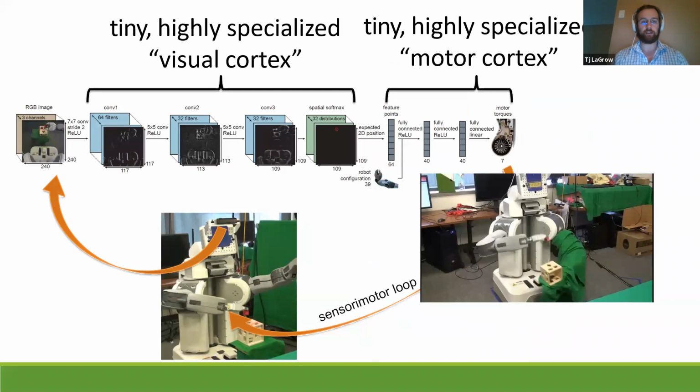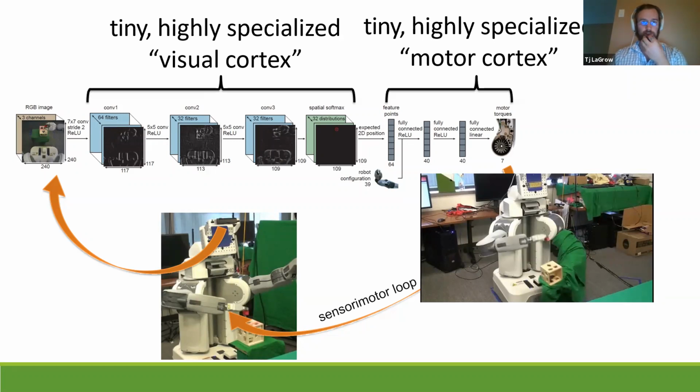We also have a second type of robot, where they have a highly specialized visual cortex or motor cortex. And this is more or less where reinforcement learning was in the early stages. We're trying to model classic neuroscience and use terms that are very common in neuroscience to bolster more of the terminology.